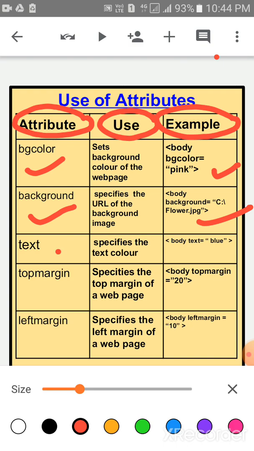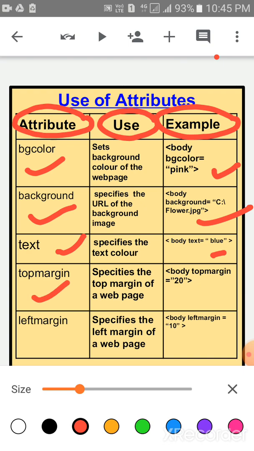Next is the text attribute. It is used to specify the text color. The syntax is body space text is equal to, within quotes you write down the color name and then close the tag.